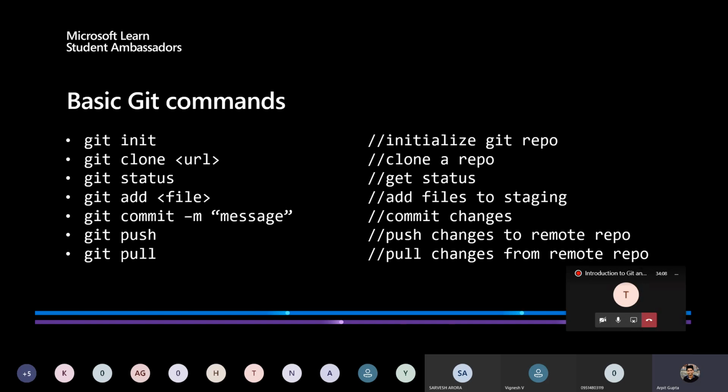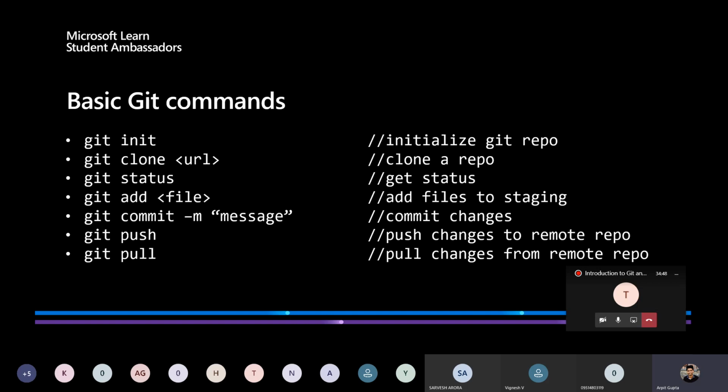Okay, so the next basic git command is git commit. Git commit is the most important and most widely used command, which you use to commit the changes you have made to a repository. Like you clone a repository, make some modifications, and now you want Git to take a snapshot of the change you made. Like I told you, using Git you can track versions, you can modify, you can even restore a previous version of the change you made. So git commit is the point where Git actually takes a snapshot of the change which is done.